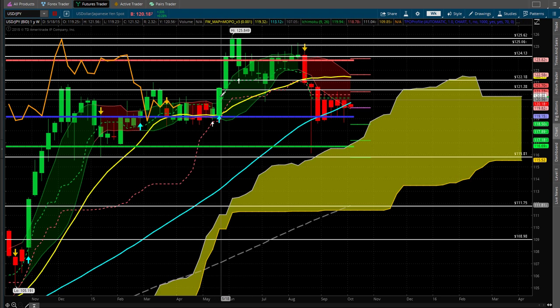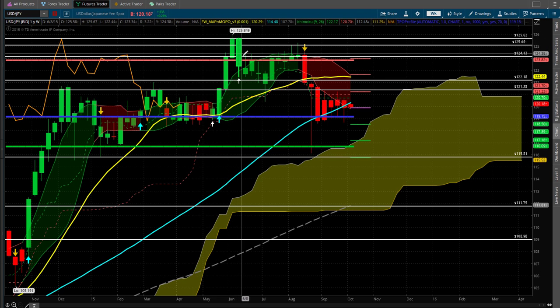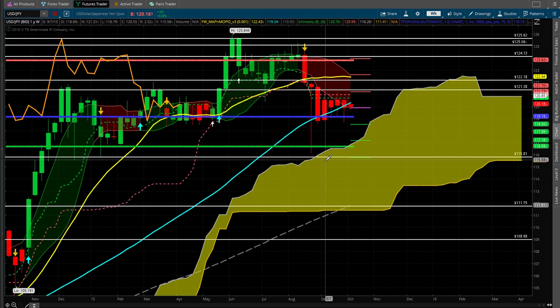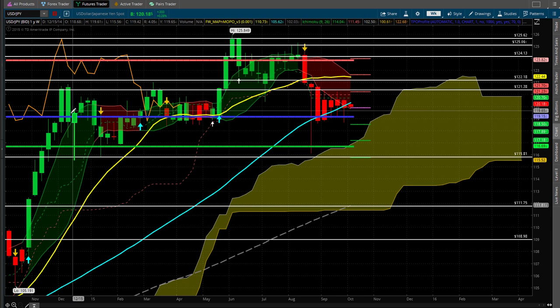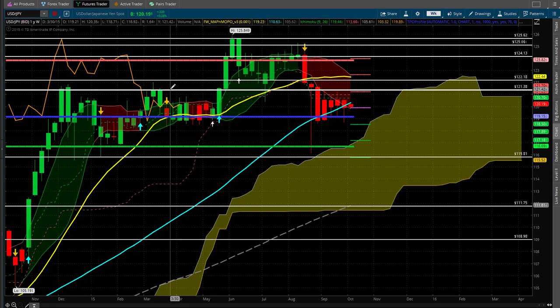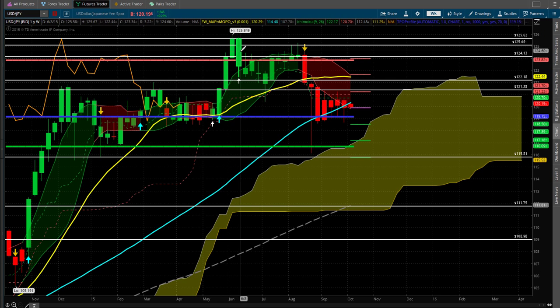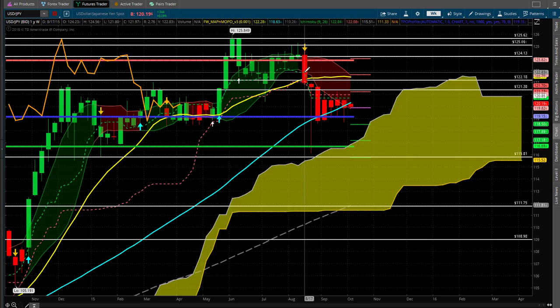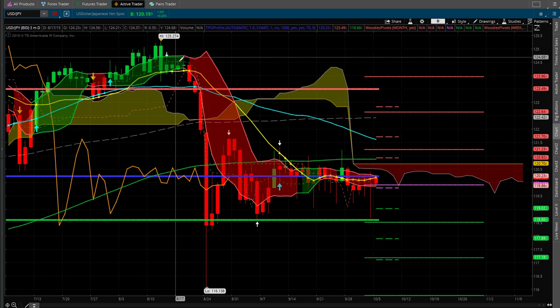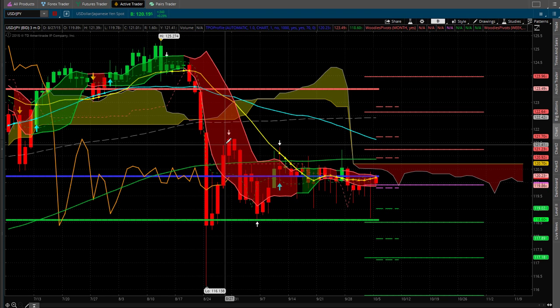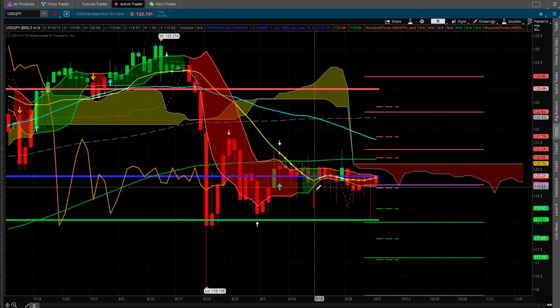So you just got to wait for the break. Some people probably caught it here, and should have covered, or definitely once there was a failed new high, just covered and gotten out or shorted. But when you get these nice little breakouts, and then it goes sideways after 2 or 3 weeks, it's just good to get out. And then on another breakout of this consolidation range, just jump in and then get out. Once you got 1 or 2 weeks going sideways, get your money out, because it can pull right back down. Looking at the daily, you can see we just got that high, flushed all the way down here, popped right back up, and now just going back and forth.